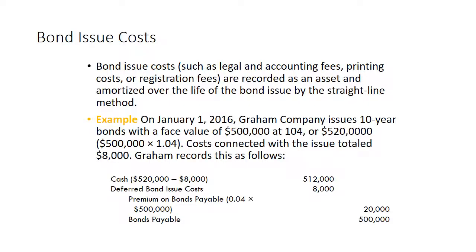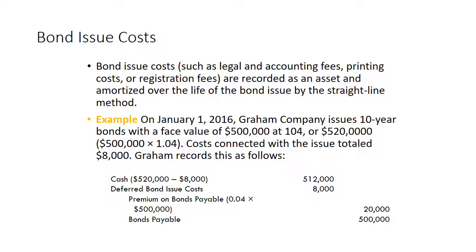So, we have Graham Company issues 10-year bonds with a face value of $500,000 at 104. So 100 would be 100% or the par value. 104 is 104%. Convert that to a decimal number, 1.04. So it would be 500,000 times 1.04. So they actually sold for $520,000 cash. There were costs connected with the issue of $8,000. So up front, they received 520,000 minus 8,000, or